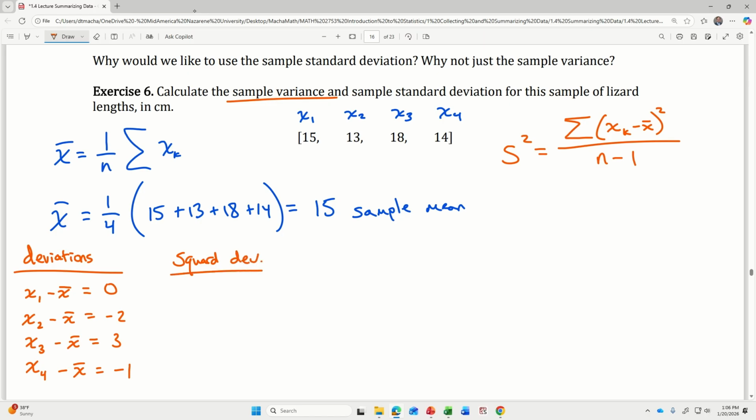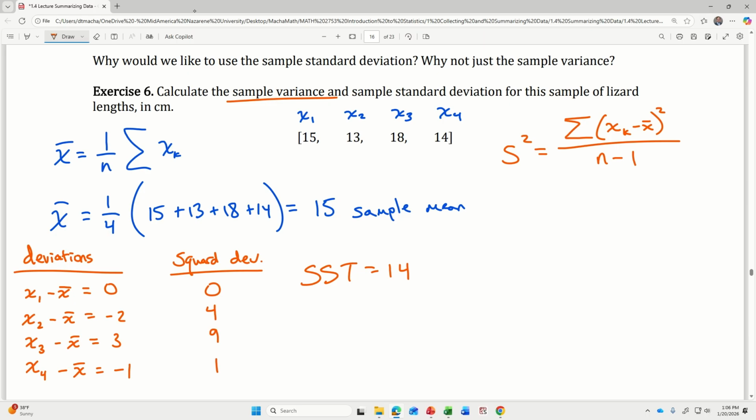Wait, would you square all of those deviations before adding them all up? Yes. So 0 squared is 0. Negative 2 squared is 4. What's 3 squared? 9. And negative 1 squared? 1. Positive 1. Yeah. So then my sum of squares total is 0 plus 4 plus 9 plus 1,